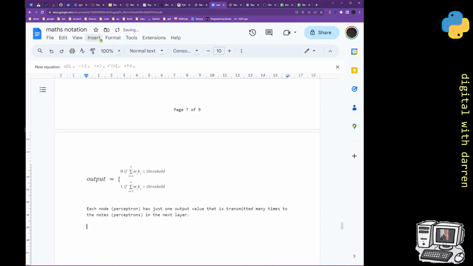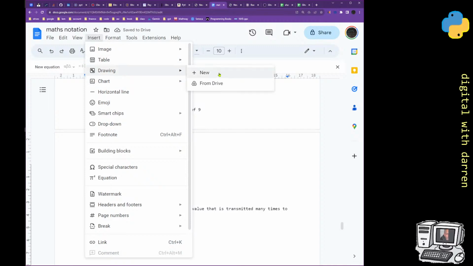And it looks like, if I can do a drawing sort of like new,